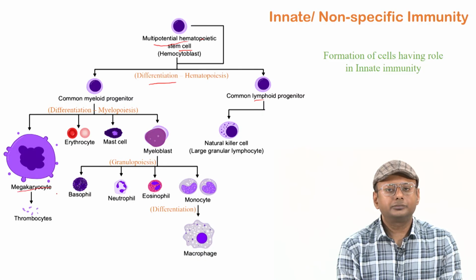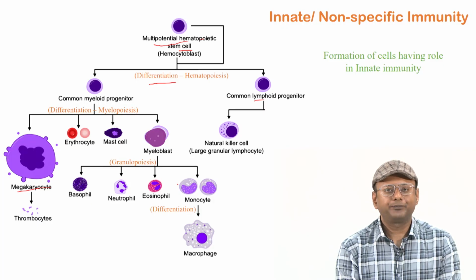Megakaryocytes can form, which eventually generate thrombocytes, or otherwise they can form erythrocytes, mast cells or myeloblasts. Further, myeloblasts can undergo the granulopoiesis mechanism and develop these innate immune cells, for example neutrophil, basophil, eosinophil